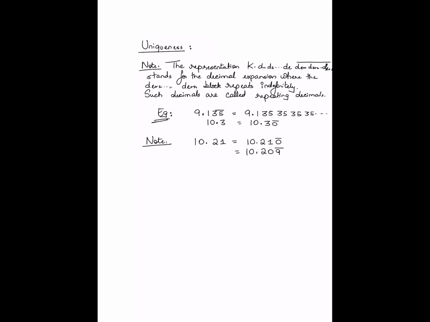Now, the verification of this I leave to you, because after all, each of these expansions corresponds to a certain series, right? So all you really have to do is verify that the limits of these two series, the series represented by this and the series represented by this, in fact have the same limit. Once you can argue that these two series converge to the same limit, then clearly these are both different decimal representations of the same real number. Okay, so the moral of the story here, and I'm sure this is something that most of you already know, is that decimal expansions are in fact not unique.